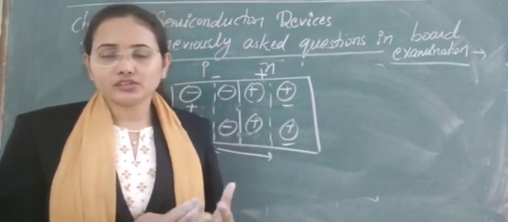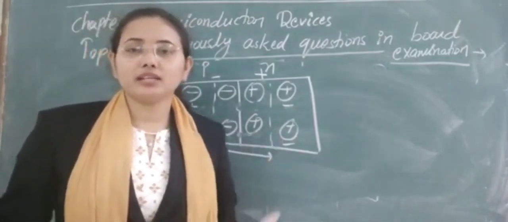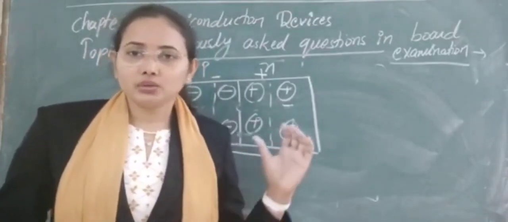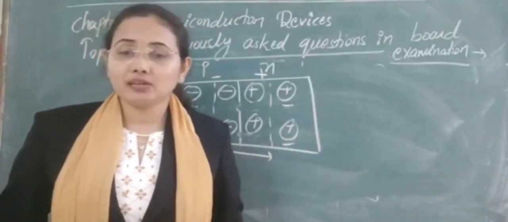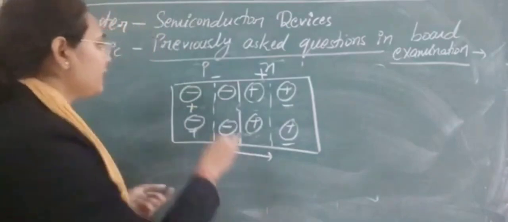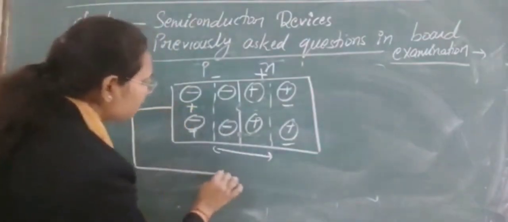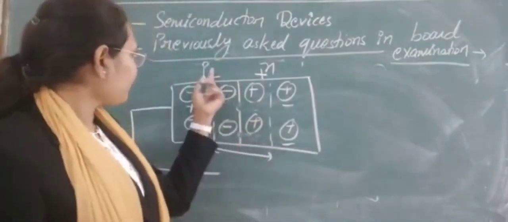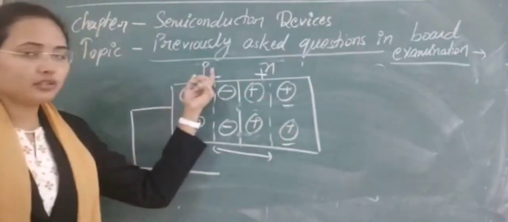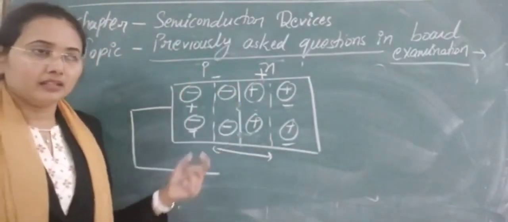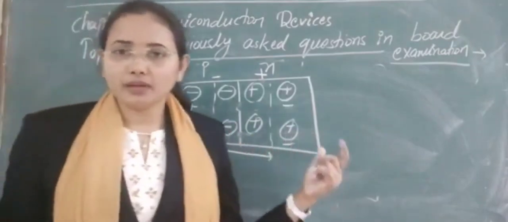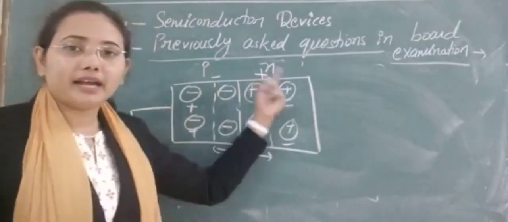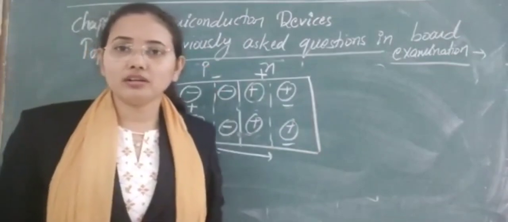In this case, the external energy we are using in a PN junction diode is electricity. Adding any external energy to the PN junction diode is known as biasing of the diode. Simply, it means we are adding a supply, and that is called a biased PN junction diode. We can do biasing in two ways. If we connect the positive terminal of the battery to the P side and the negative terminal to the N side, that type of biasing is known as forward biasing. And if we connect P type to the negative terminal of the battery and N type to the positive terminal, then it is called reverse biasing.